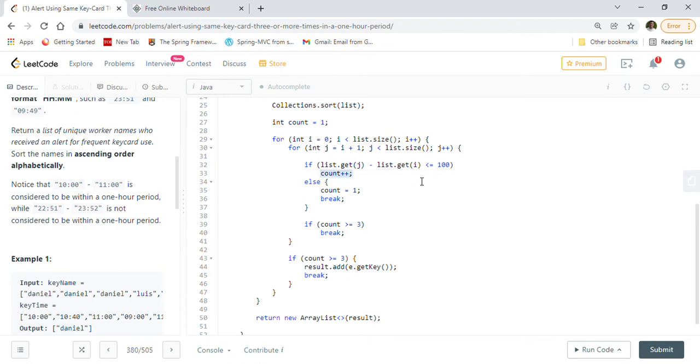Because we are seeing access times which are within the one hour period, right? So we will increment the count here. If that is not the case, if it's outside of the hour period, then we'll reset the count to 1 and break from this for loop, right? If we find a count which becomes greater than or equal to 3, we will break out as well, and we check here if the count is greater than or equal to 3,